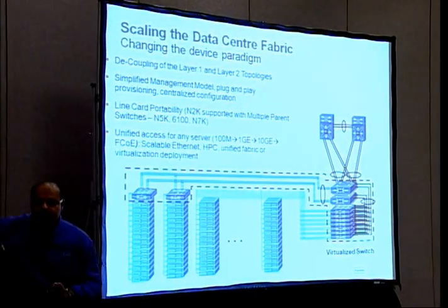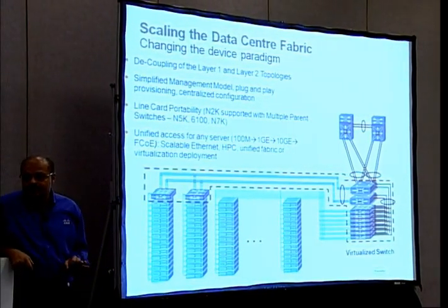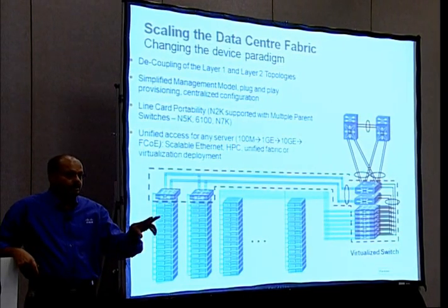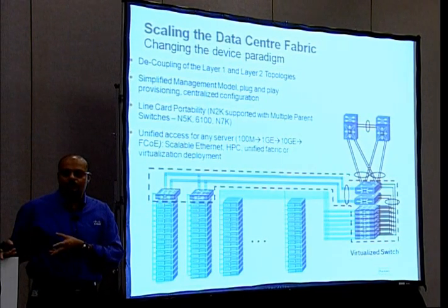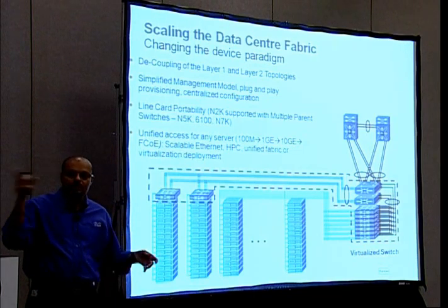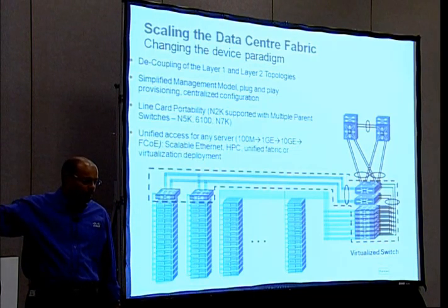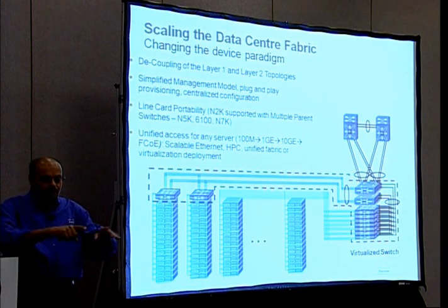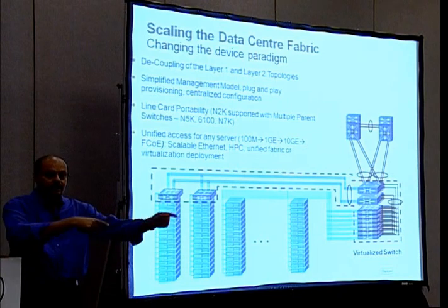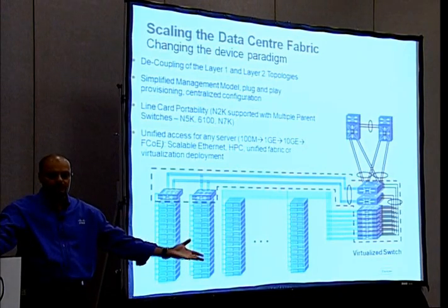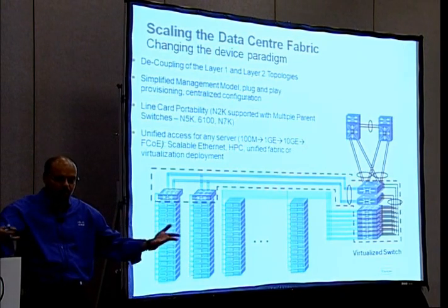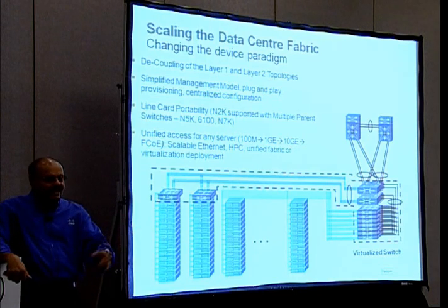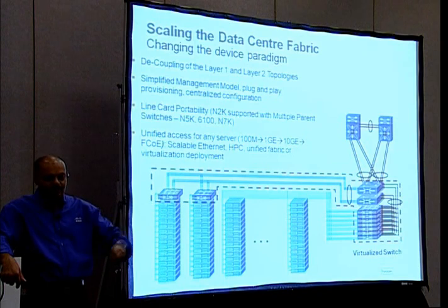So how many people know Nexus 5000? 1, 2, 3, wow, that's fantastic. So you all are aware of the Fex architecture. What Fex architecture does is that it allows you to decouple your physical wiring infrastructure from centralized locations, right? Because then you don't have to run all the cables from all the servers to the end of the row, right? So the Fex architecture is a fundamental underpinning where you virtualize your layer 1 so you can put servers equidistant, any place, wherever you want, right?